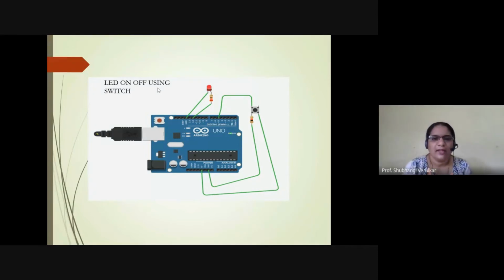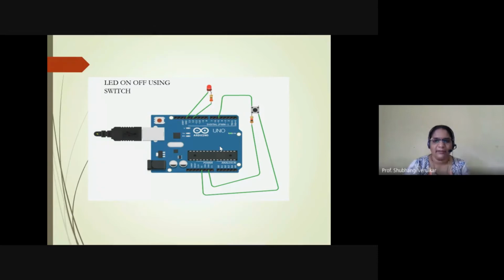So what we have to do: connect your LED in the circuit. Now we have connected it to pin number 8, so we will keep pin number 8. Then we have to connect a push button switch. In the push button switch, these two points are vertically connected with each other. We are connecting this point through a resistor to ground. To another point, we have given 5 volts from the board, and this point we have connected to pin number 5. The switch is a button which we are using as an input, so pin number 5 is the input signal.